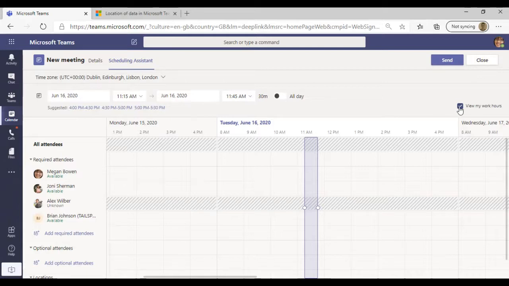And you can actually put in here for something like your work hours as well. So again, if you're working with somebody that works in, say, America, they can add in their work hours so that actually, rather than having everybody at 9 to 5, it might be that actually their working day starts at, say, 1 or 2 o'clock. So using that AI functionality within the scheduling assistant.